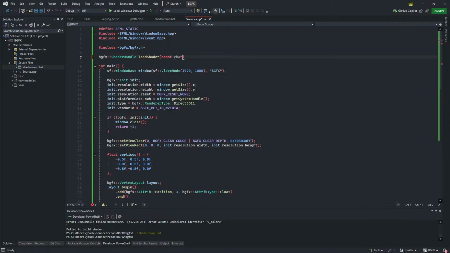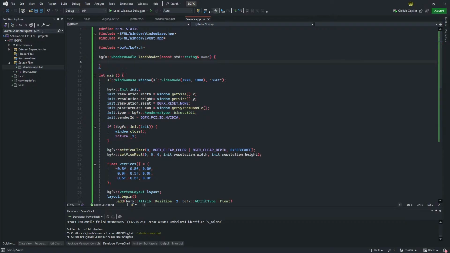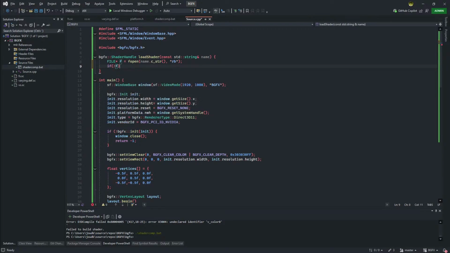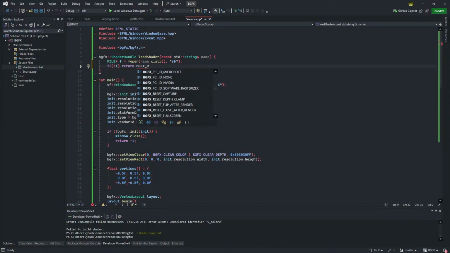Get the file name, or let's say string name. And we say file pointer f equal to f open name.c string, read as a binary, if not f return bgfx invalid handle,